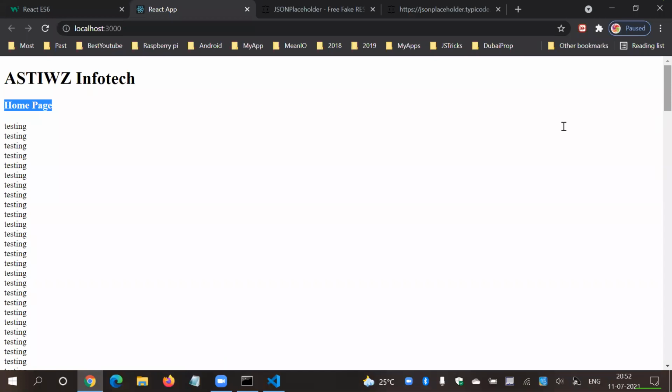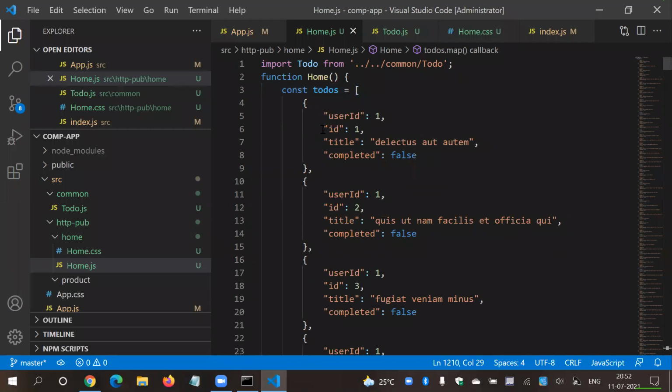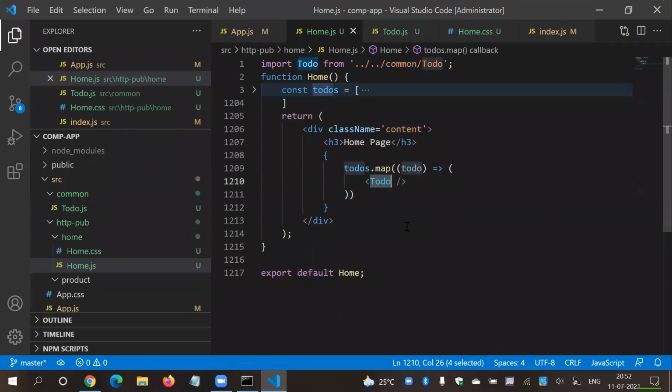So guys, the problem here is that we have a JSON array. Let's say this is a static example. I'm not calling an actual API, but let's say I'm getting this data from the database, and I want to pass this record by record, one record, second record, third record, to this Todo component, right? How am I going to pass this record, just this JSON object, to this component? For that, we have to use a parameterized approach towards the component.